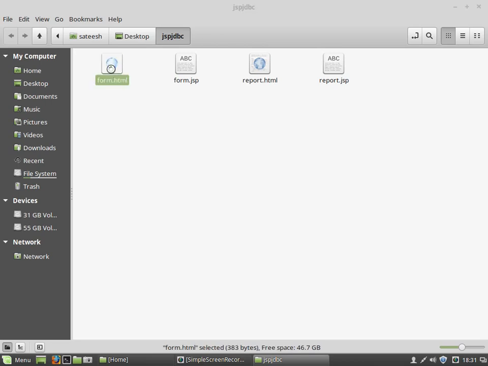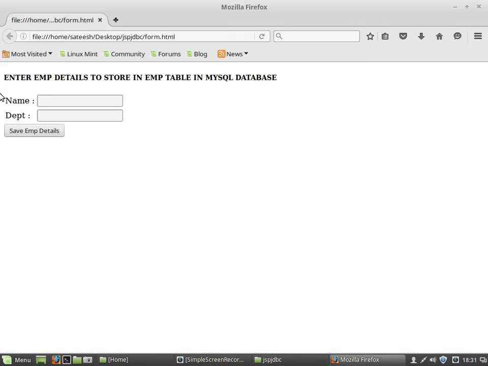Okay, I'll show you how this form.html file looks. So we have the following fields. We already had an EMP table in the MySQL database. I'll enter the name of the employee and the department to which he or she belongs. And as soon as I press save the employee details, then I'll be redirected to